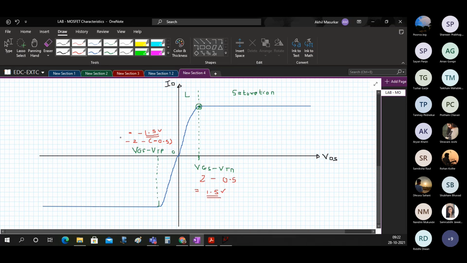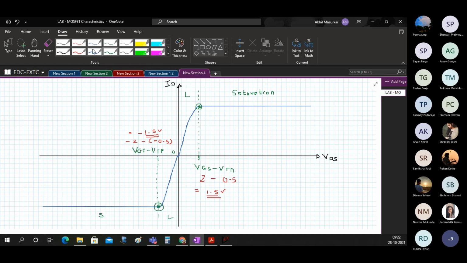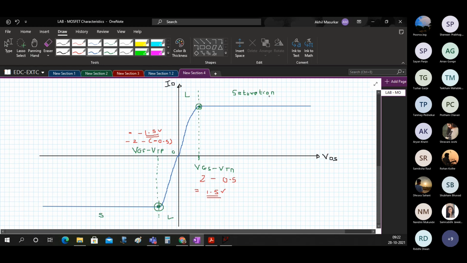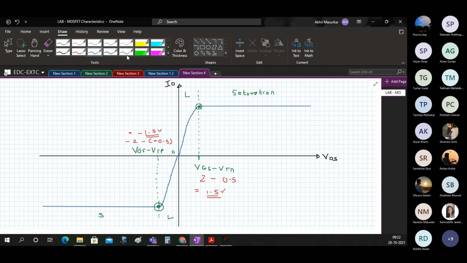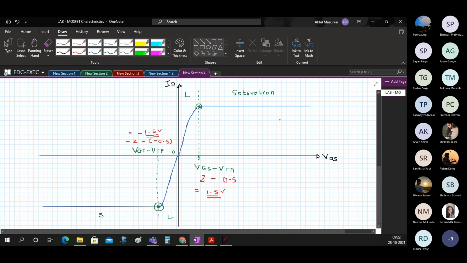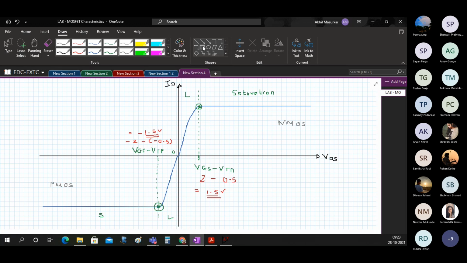So this point is here and this is the linear and this is the saturation. This curve is for NMOS and this is for the PMOS.